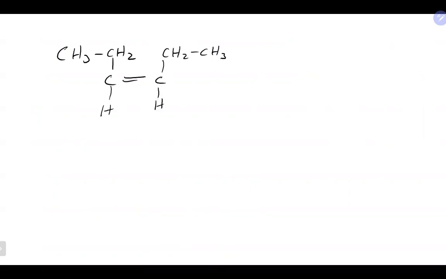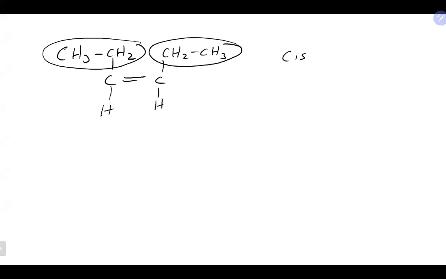This would now be the cis isomer here. Once again, this group and this group are on the same side of the double bond. So that would be cis. By the way, if we were to name this,